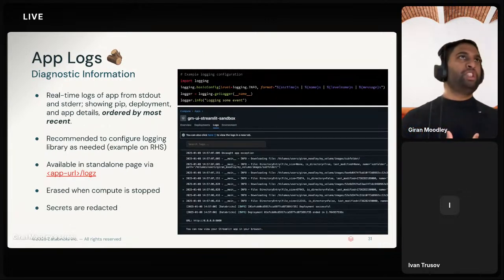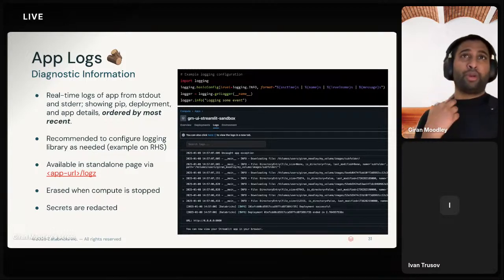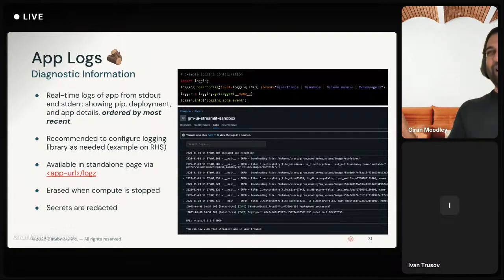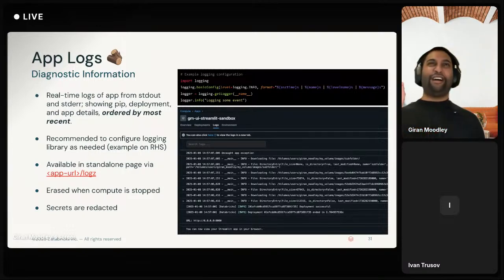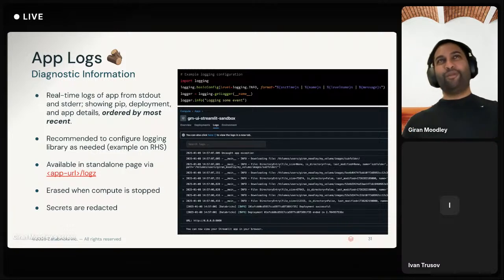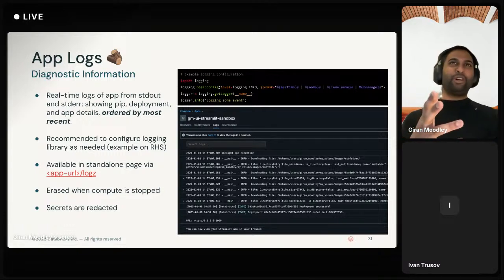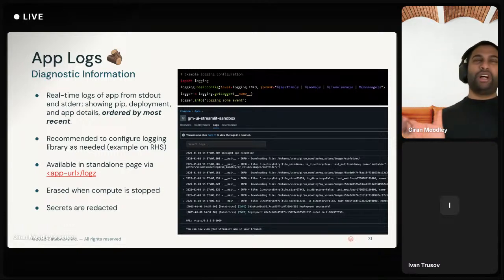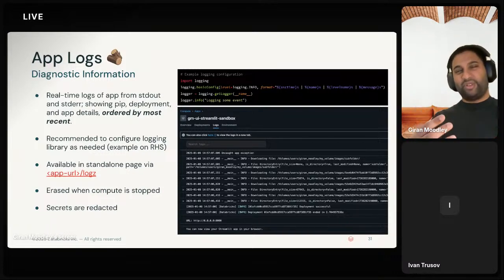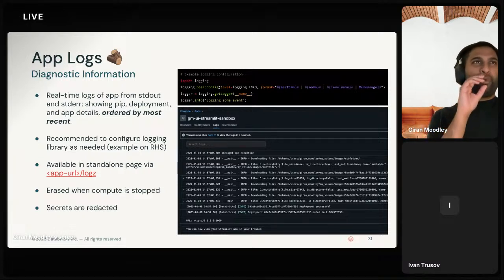When it comes to debugging, one of my personal pet peeves is people using print statements. There's a bit of an alliteration there. So I thought the best thing to do is give people an example of how you would use a logging statement. Really key to this is that when you log from your code, it's actually shown to you in real time within the Databricks UI. But this is also available for you in a separate window.